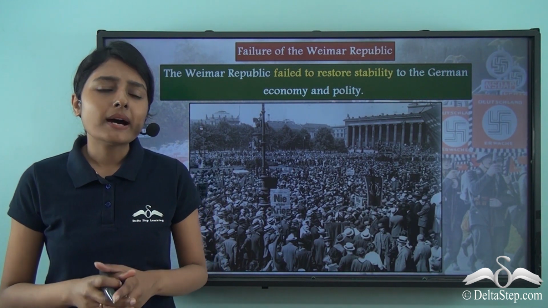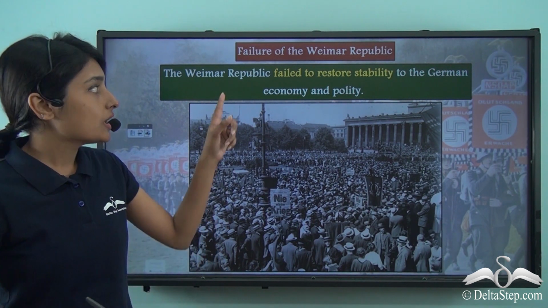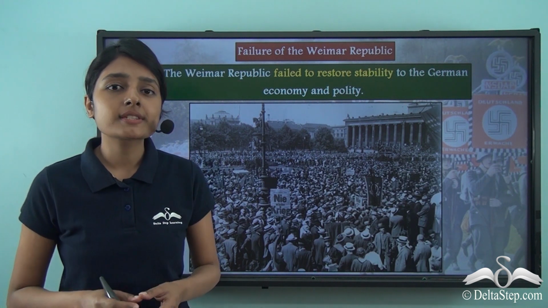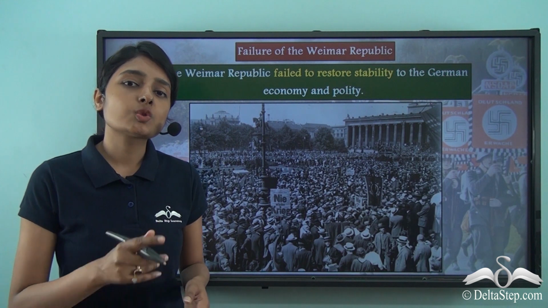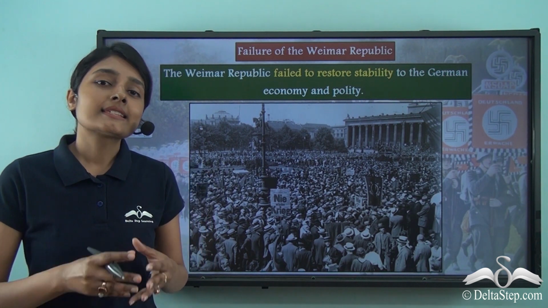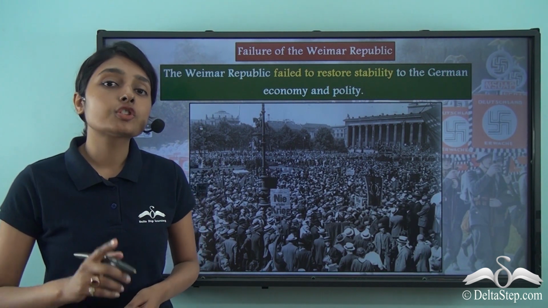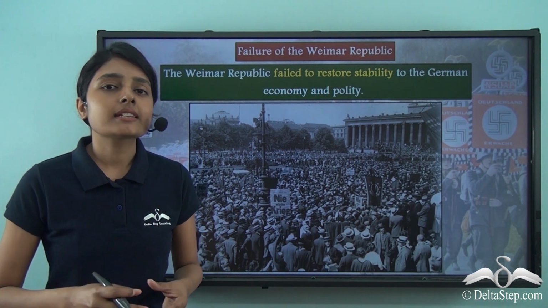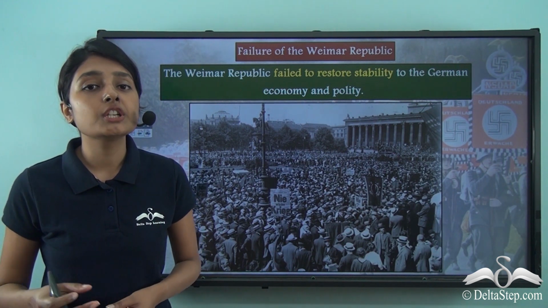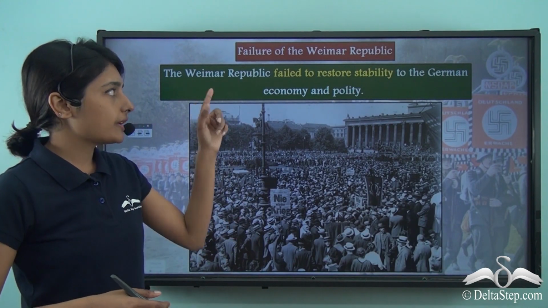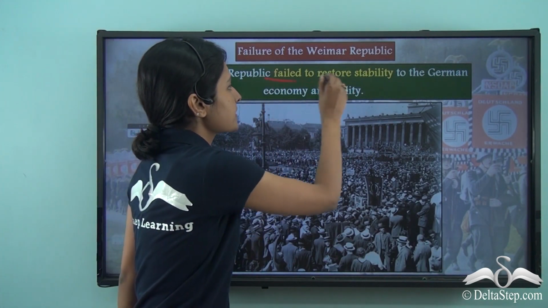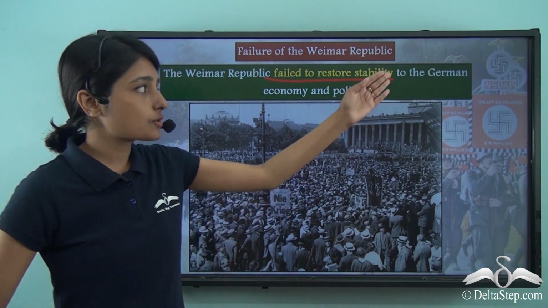Now all the masses started holding the Weimar Republic responsible for what was happening to them. They thought that it was the Weimar Republic's silent acceptance of the Treaty of Versailles that had actually brought Germany down to its knees. Because of this tension, the Weimar Republic failed to restore stability, be that to the German